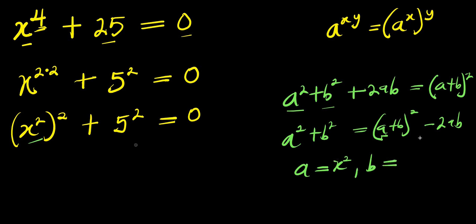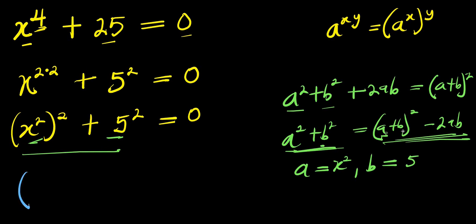And b is the same as the 5 right here. So b here is 5, a here is x squared. So this will simply be, we apply this because the whole of this represents what we have here. So let's transform it with this a plus b, which is,